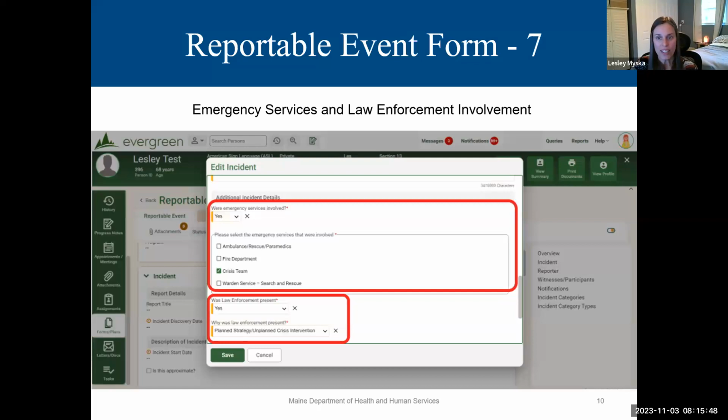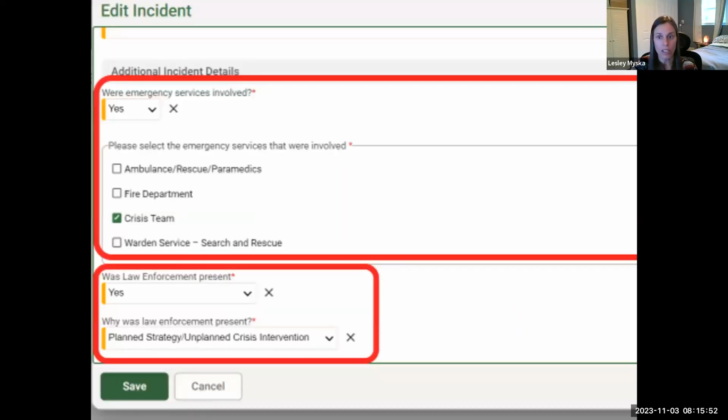Some other new fields which will be captured in the Evergreen reportable event form will include whether emergency services were involved, and if yes, which types. In this screenshot, I have said yes, and you can see that the options are ambulance, rescue paramedics, fire department, crisis team, warden service, search and rescue. I've selected crisis team.